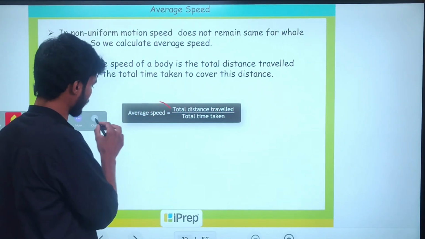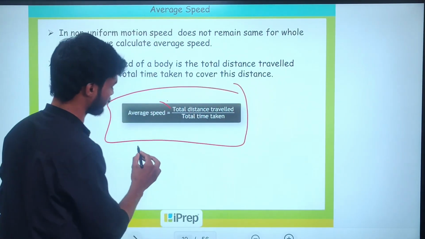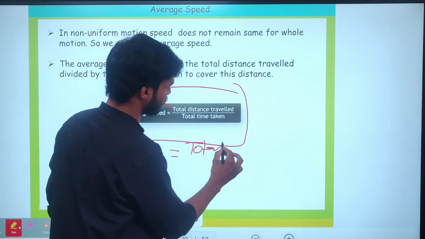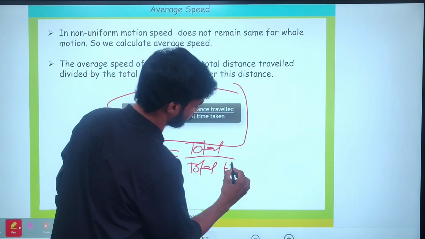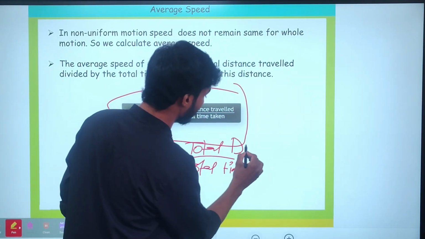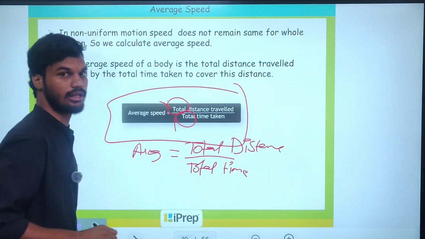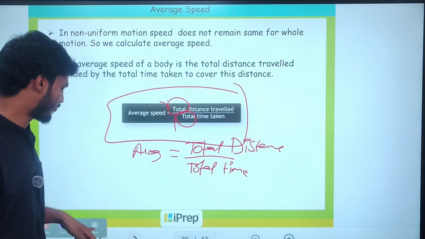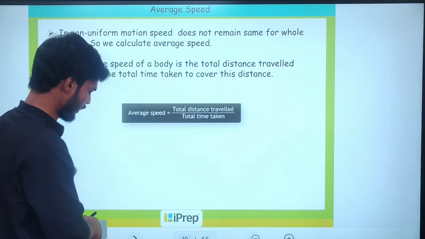Simply, for average speed, you have to use this formula: total distance by total time taken. Here it is taking the entire one, total and total. Here we are taking total distance and total time. From this we can get the average speed. Next,